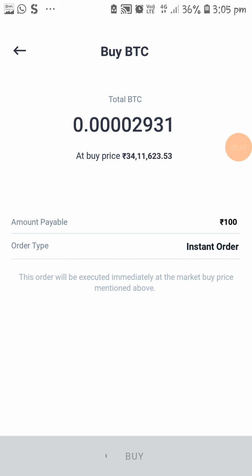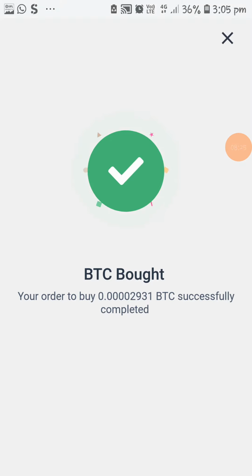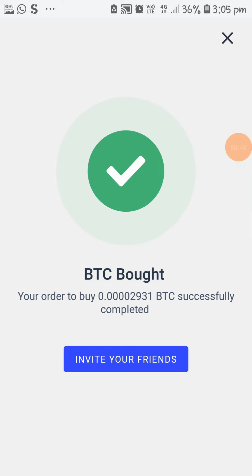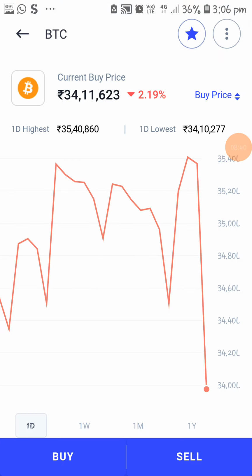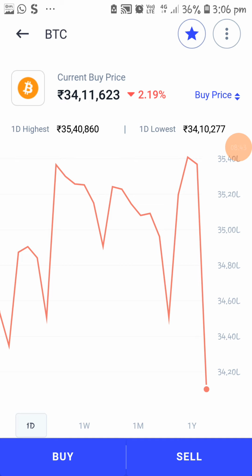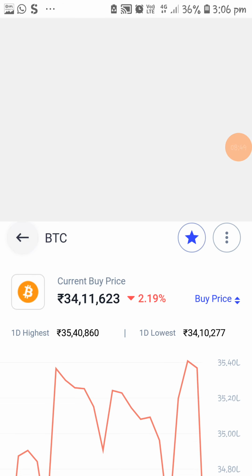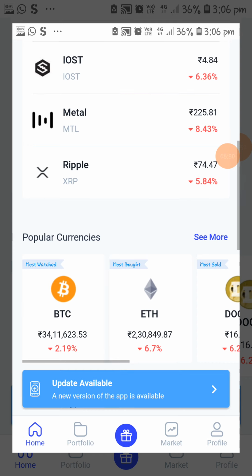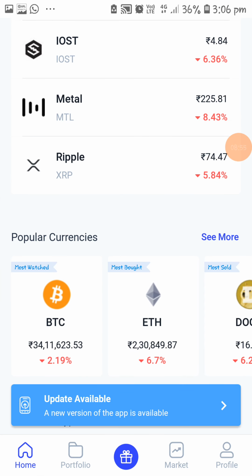Okay, my order has been executed. There is no loss, friends, because I have already used this application many times. See, my 100 rupees worth of Bitcoin order has been placed, and I will go back to the home page and take a screenshot of the current price. Okay, current price is 34,11623, no? After 1 week or 2 weeks, it will be very high,